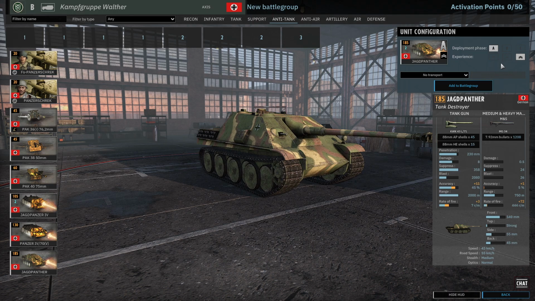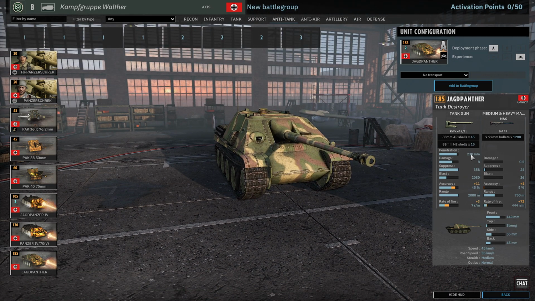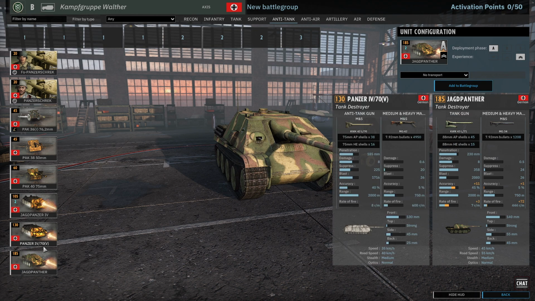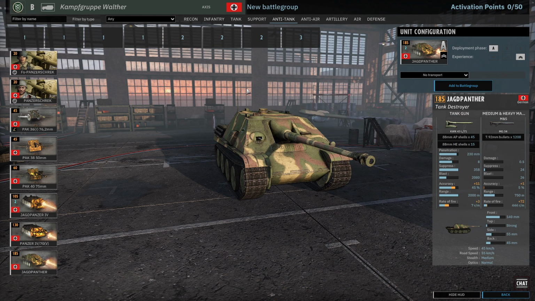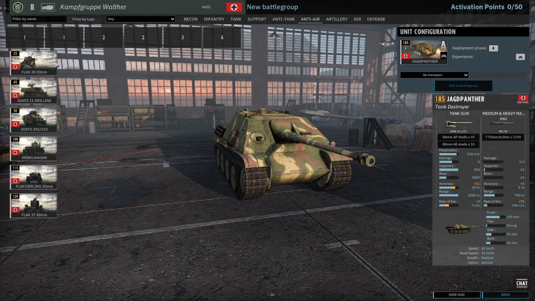And then you even get the Jagdpanther. It's face locked, double vetted in A phase. But I think this is definitely worth bringing, in particular in quick play. Also with 140mm front armor, not too bad. 230mm penetration, really cool tank. And it's a rather rare tank destroyer as well. You don't find it in many divisions. I think in 2 so far. I think you get it in 352nd Infantry and in